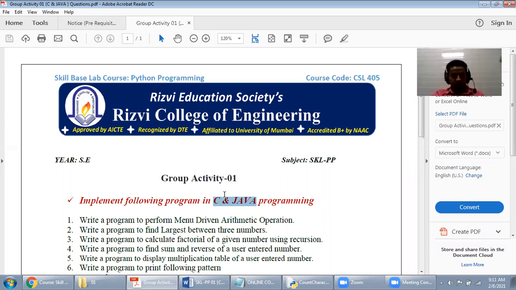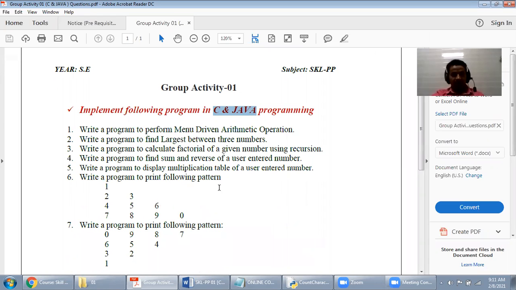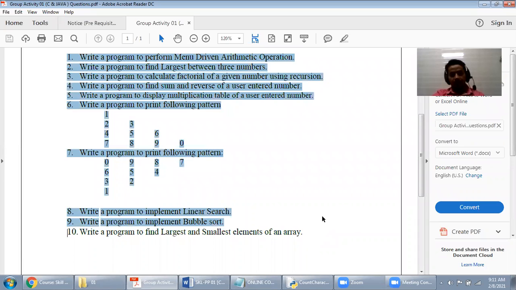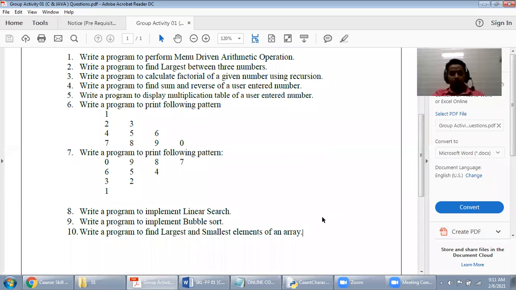These are the set of questions given here, from question number 1, like write a program to perform menu-driven arithmetic operation, to the last one, your 10th question, write a program to find the largest and the smallest element of an array.